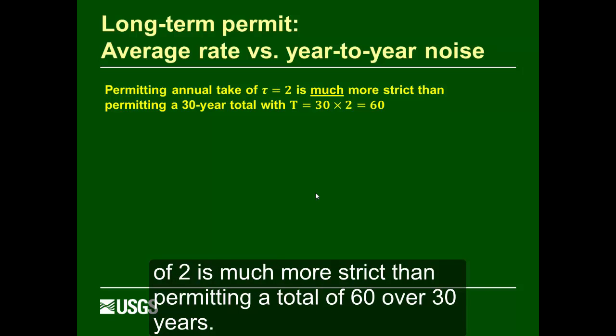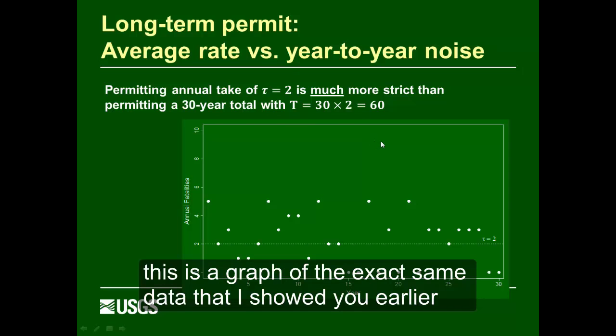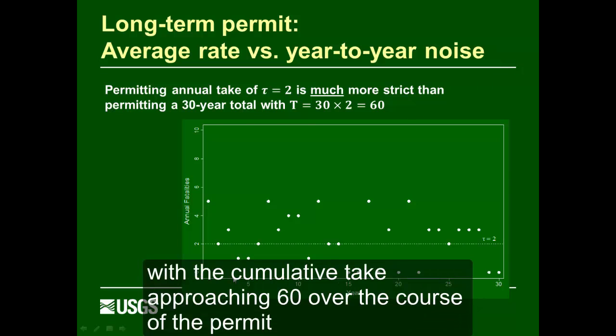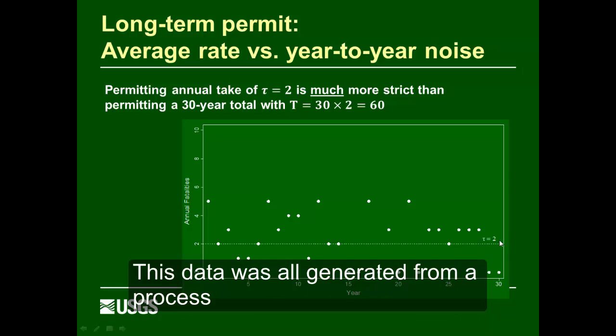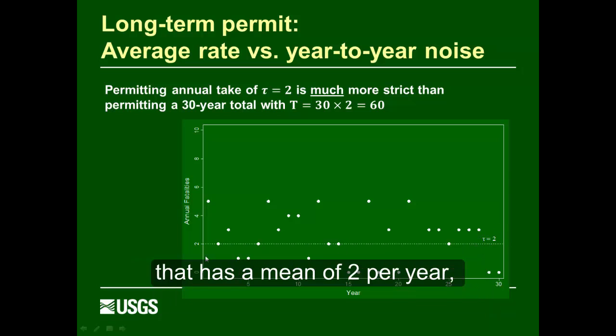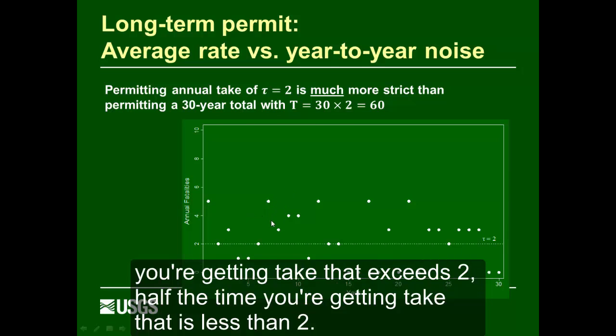is much more strict than permitting a total of 60 over 30 years. For example, this is a graph of the exact same data that I showed you earlier with the cumulative take approaching 60 over the course of the permit. But instead of looking at cumulative take, it's the year-by-year take. This data was all generated from a process that has a mean of 2 per year, but about half the time you're getting take that exceeds 2,